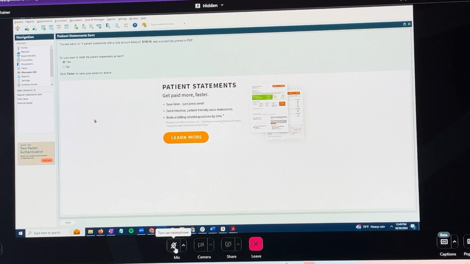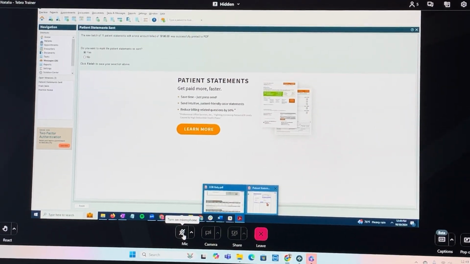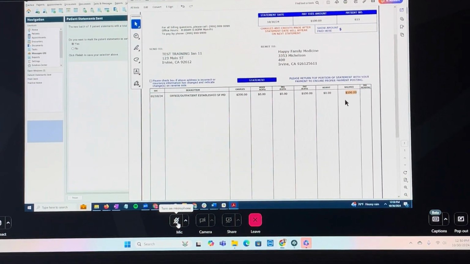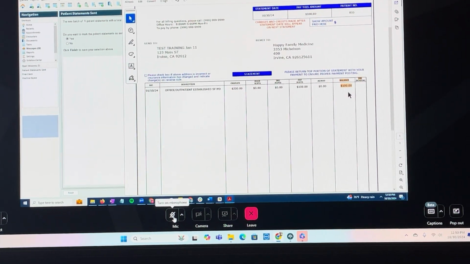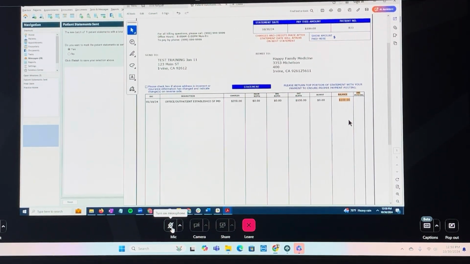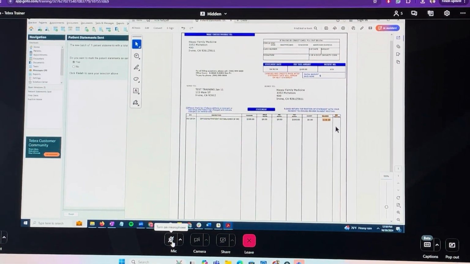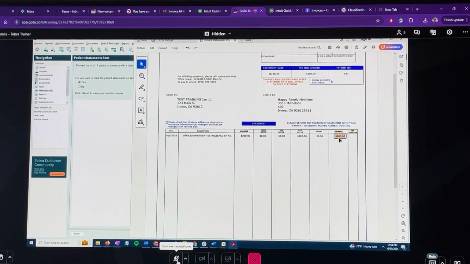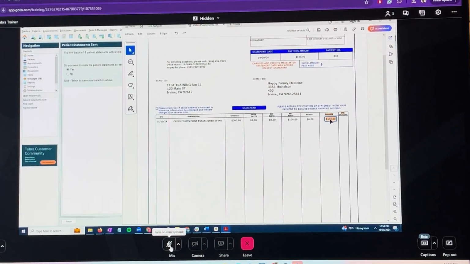Now, let's say that you want to send a specific patient note in a specific statement. For example, if I go back to my statement, do you see the balance at the far right of the screen? This one, $100. It doesn't specify that this is the deductible or the coinsurance or the copay of the patient. So that's the example that I use to add a note to a specific patient statement. If you want to let the patient know, hey, this $100, the balance that shows up in your statement, is because of your deductible, or a specific message that you want to send to any of your patient statements,